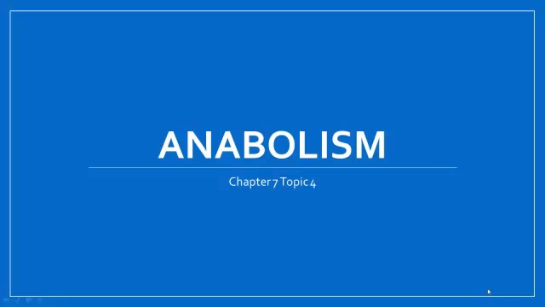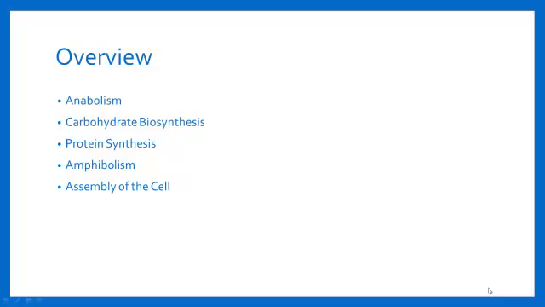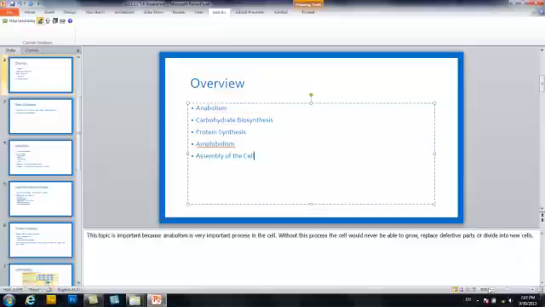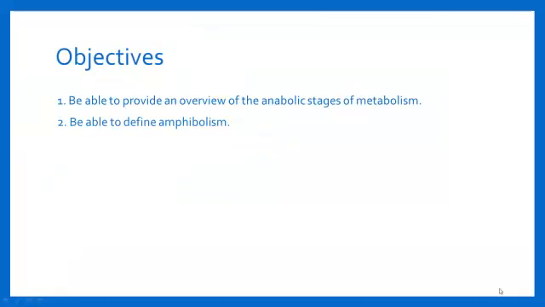Chapter 7, Topic 4, Anabolism. In this last topic of the chapter, we're going to talk about anabolism, carbohydrate biosynthesis, protein synthesis, amphibolism, and assembly of the cell. The objectives for this topic are to be able to provide an overview of the anabolic stages of metabolism and be